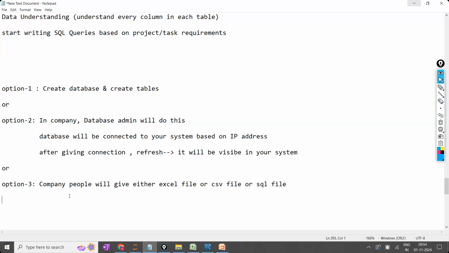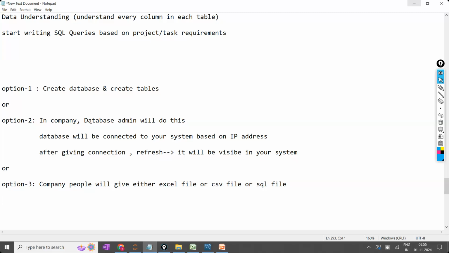If they have given the Excel or CSV, you know how to load it in pandas. Or if you want to store that in the database also, you will know that. I will show how to load. Generally, if they are giving a CSV or Excel file, we need not store it separately again in the database. If they are not storing it in the database and directly give the Excel or CSV file, you can directly load it in pandas. It's very simple, you already know that. So here I'm going to show you the remaining two options.